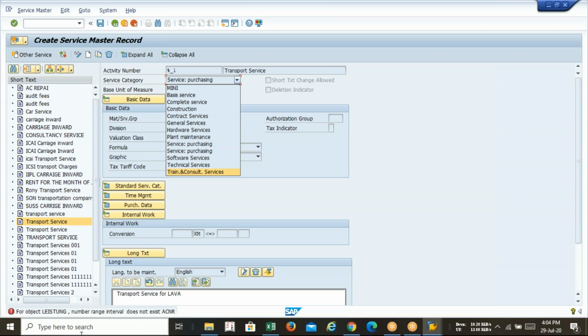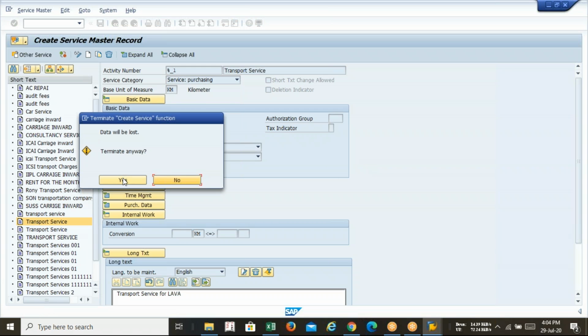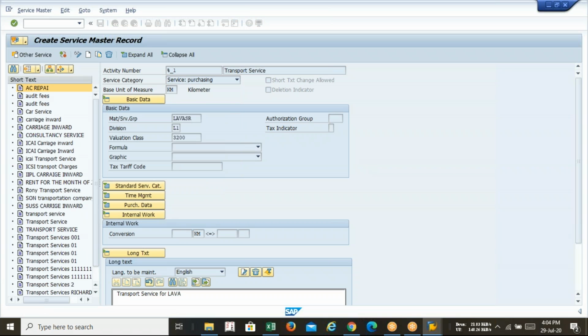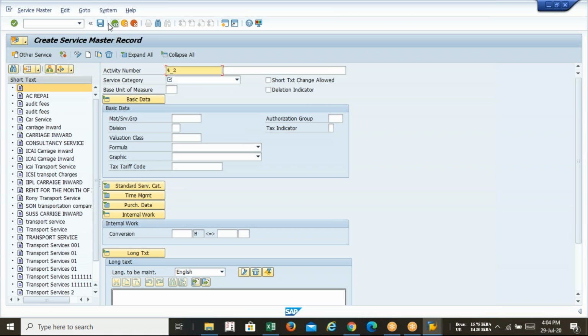That's why we are getting the error message, because number range interval does not exist. So don't worry. I have to cancel it and create it again. Okay, it's better to just leave it and come back again.